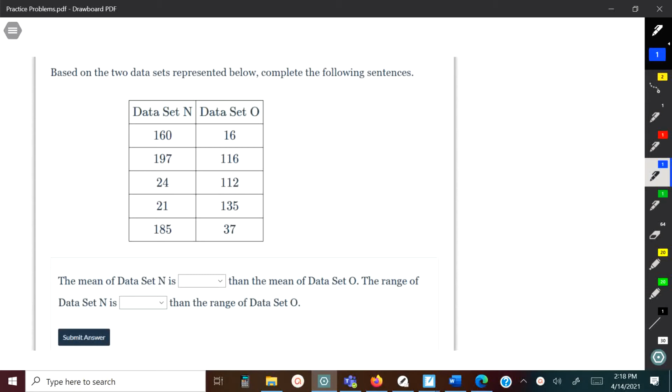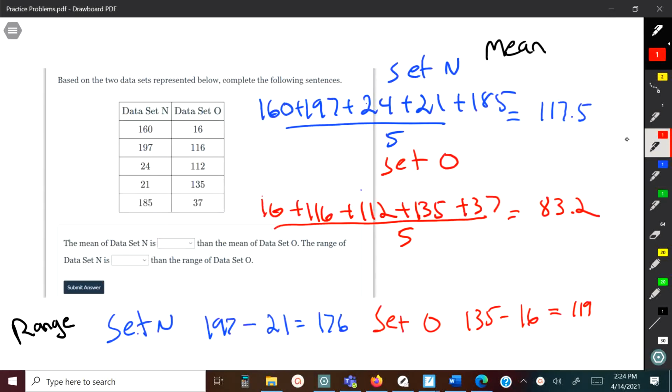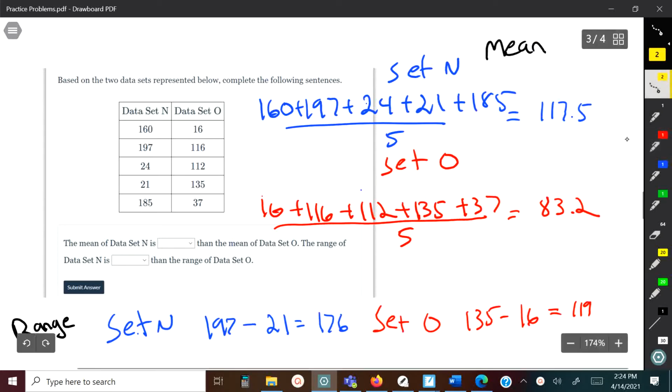And the mean, you just take them all and add them together, 160, 197. As a matter of fact, I'm just going to show you that real quick. All right, so I went ahead and just wrote it out here for you. So up here, I've got the mean. And what we did is just simply add up everything for set N and divide it by 5. And you get 117.5. And for set O, we added everything here and divided by 5. You get 83.2. Okay? So you can tell that the mean for set N is greater than the mean for